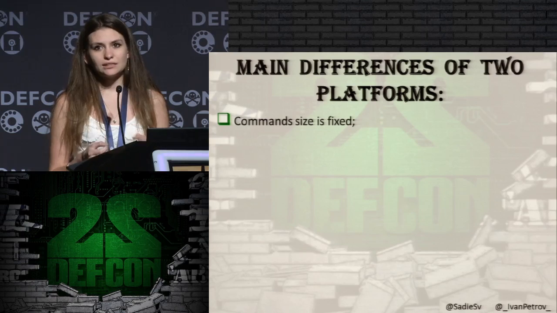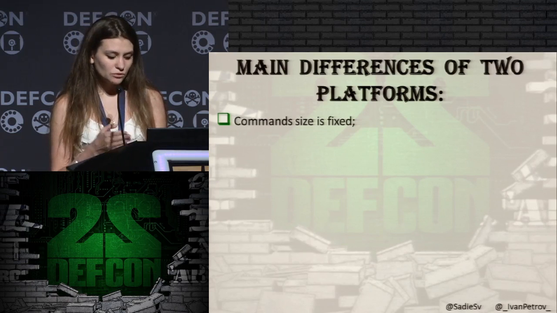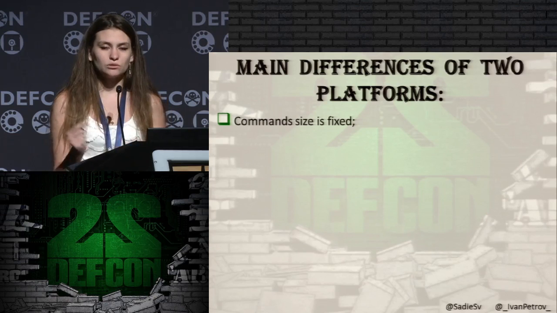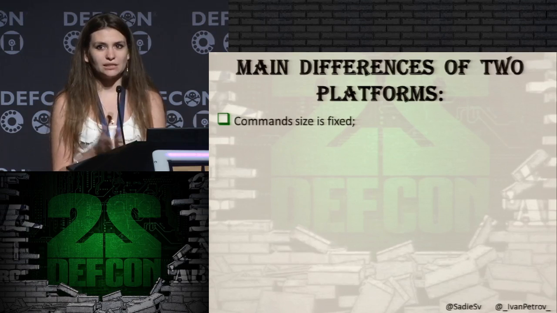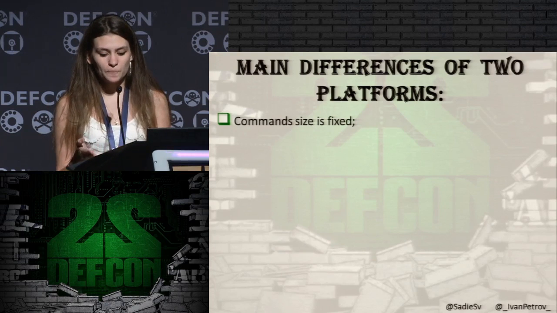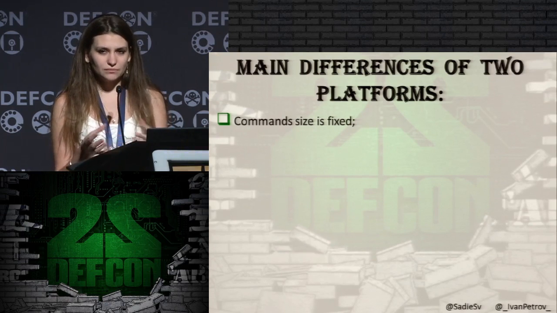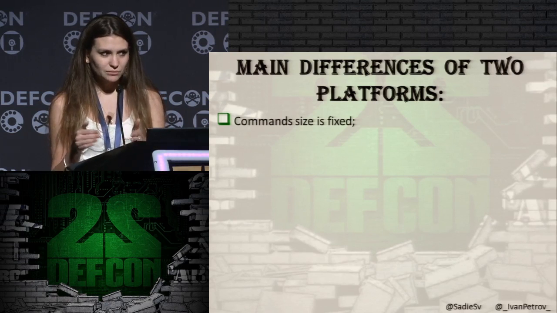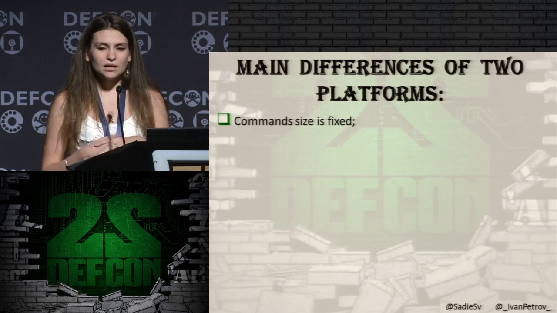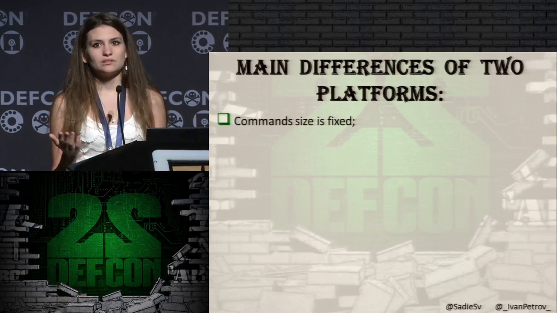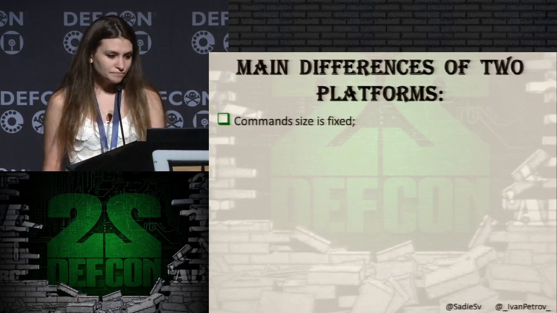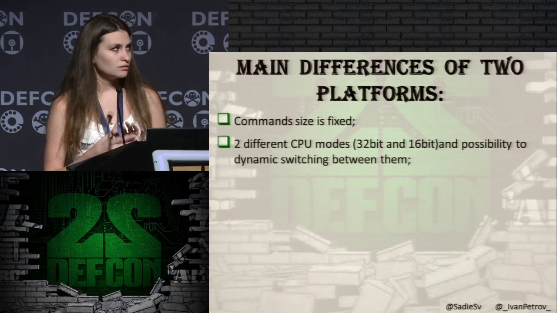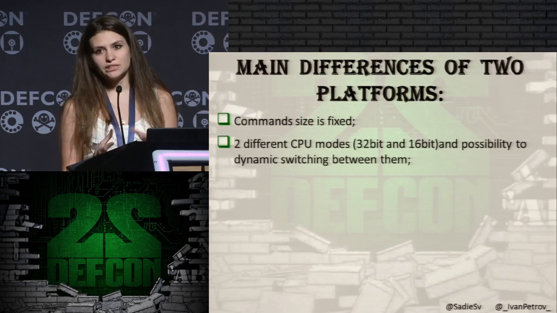So in x86, it leads to such techniques as self-synchronizing disassembly. It doesn't matter from which byte offset we start to disassemble our code. We will certainly have some point at which we will synchronize our disassembly. It helps us to detect shellcode because it doesn't matter at which offset we start, but we can probably miss some significant instruction. So there are possibilities that we don't understand that we caught shellcode or something bad. So as I mentioned before, again, we have two different CPU modes.